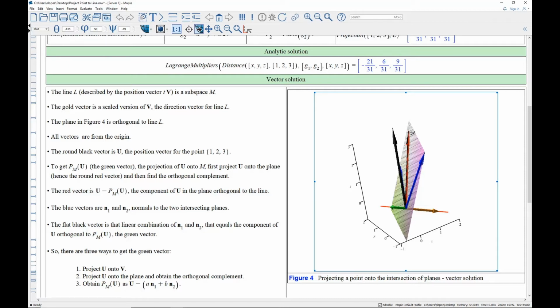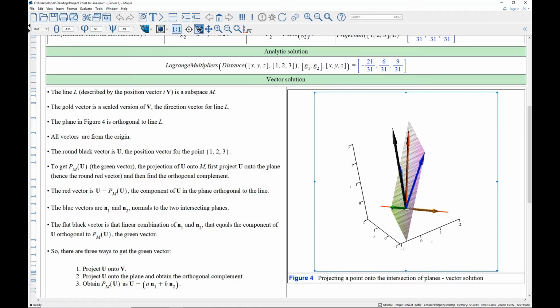We need the component of the black vector orthogonal to the plane. So we're really looking for the projection of the black vector onto the gold vector. It turns out to be this green vector, and the coordinates at the tip of the green vector are what we're looking for. Now, the red vector is the black vector